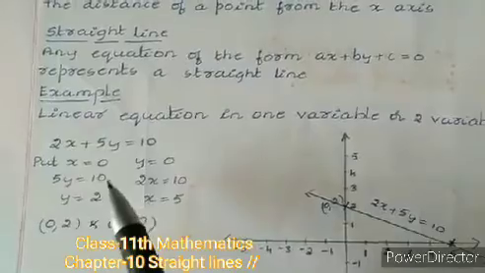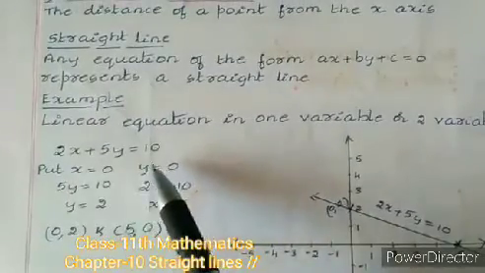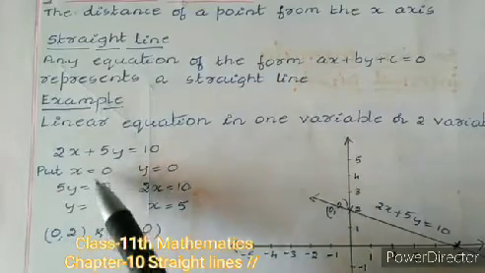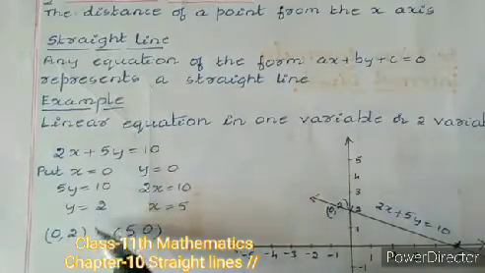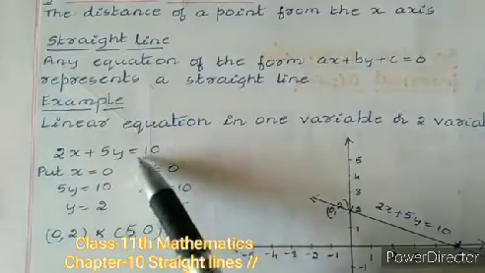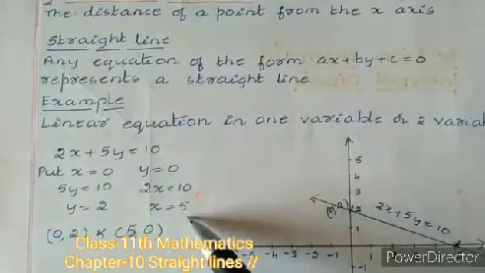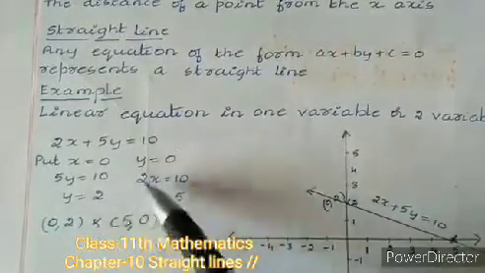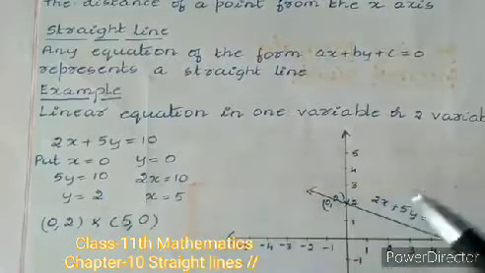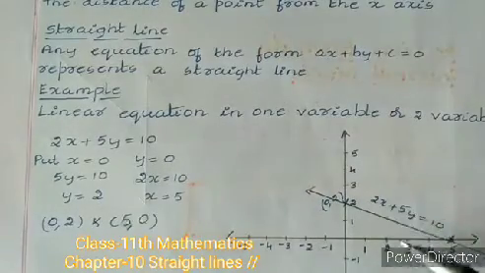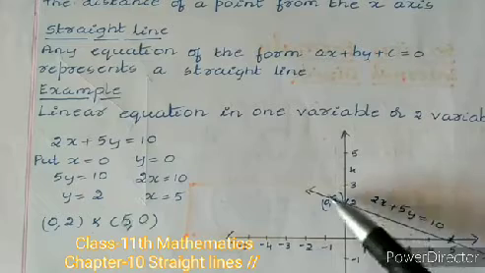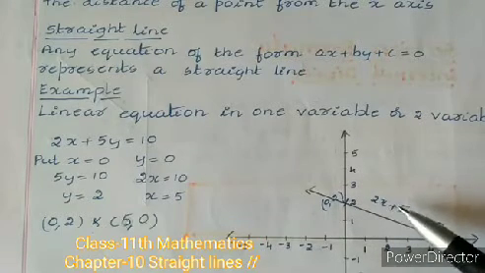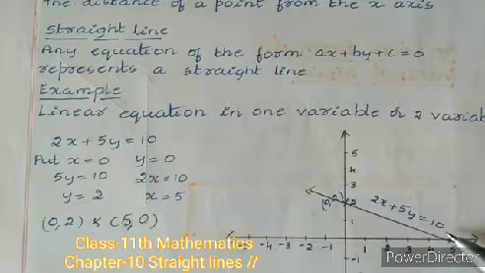For example, let us say the equation given is 2x plus 5y equal to 10. We can take x equal to 0 here, then we get the y value, that is 2. If we put y equal to 0, then we get the x value. So based on this, we got two points: one is (0, 2), another is (5, 0). If you plot these points on the Cartesian plane, the 2D plane, you get a straight line, which represents the equation 2x plus 5y equal to 10.